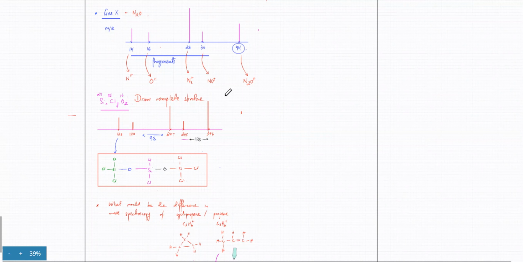Next class will be important. We'll be doing NMR in that, which is also linked to mass spectroscopy. I mean, it's completely different from mass spectroscopy, but since it's an analytical technique, when you look at a molecule, you don't depend on one technique, but you try to get information about the molecule from different methods. And then you try to figure out what the molecule looks like, what its structure would be. So one technique is usually not enough. One technique doesn't really give you enough information to tell everything about the molecule.